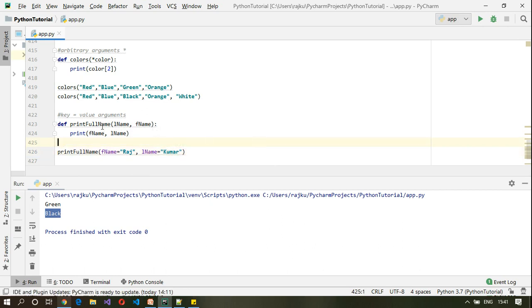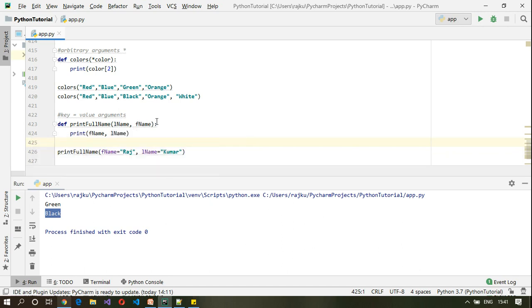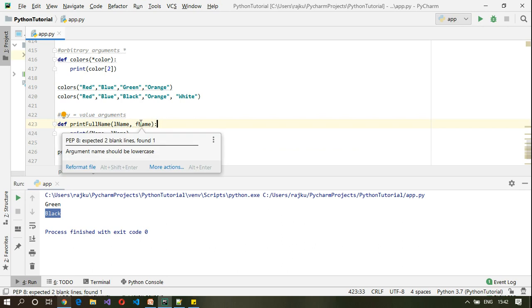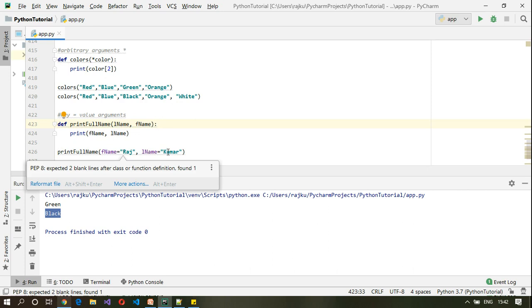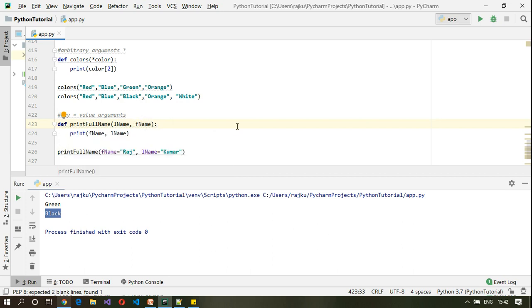Print full name is taking the first argument as lname and the second argument as fname. However, what we are providing here is key value. So this key fname is the key, which is going to hold Raj, and lname will hold Kumar. So the key should be the same as your argument name. Let me execute this.